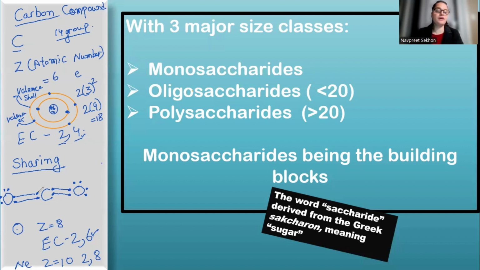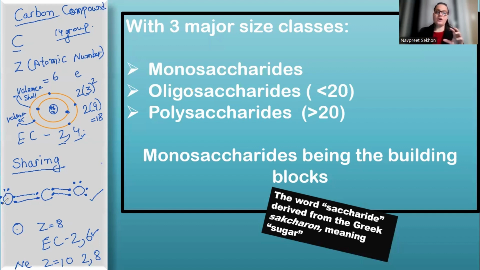1, 2, 3, 4, 5, 6, 7, 8. So we count all the electrons in the valence shell along with the shared electrons, right? So over here, this is the main thing, the structure. Just analyze. Carbon is forming 4 bonds in total. Actually there are only 2 bonds, and those 2 bonds are double bonds, but when we really want to count, there are 4 bonds: 1, 2, 3, 4, right? 2 sigma and 2 pi bonds.